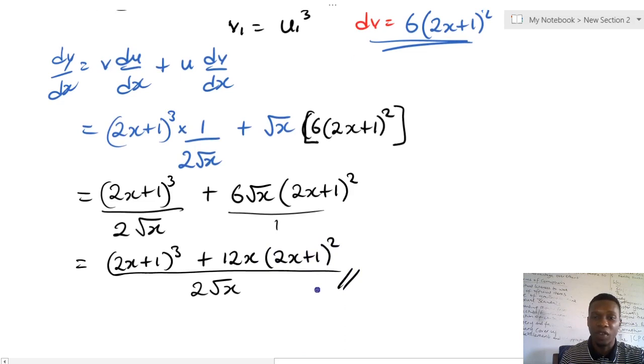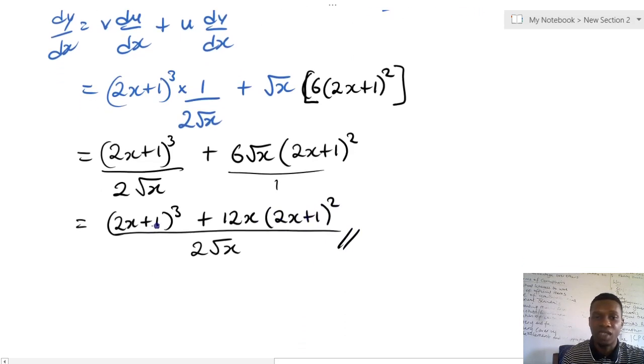And I can also factorize this. Notice something, this can be factorized. Since here is 2x plus 1 and here is 2x plus 1. So I can factorize it by bringing out what? Just 2x plus 1. So I can bring out 2x plus 1. What's the highest common factor between this and this? It is 2x plus 1 raised to the power of 2. So raised to the power of 2, and then I can bring out my brackets. So here is then 2x plus 1,